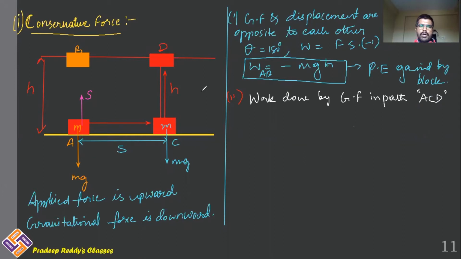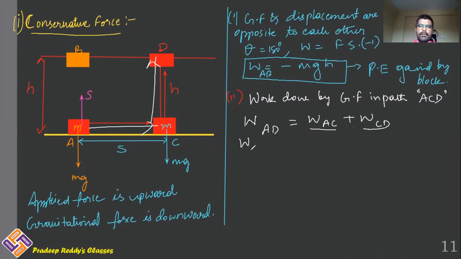Now what you are doing, you are bringing the mass first from position A to position C. You have brought it here, and from position C you are lifting it in the upward direction to this point D. So net work done W from A to D is equal to work done in moving from A to C plus work done in moving from C to D. In order to move from position A to position D, the body has to be displaced from A to C, so work done in AC, and from C to D it has moved, that is WCD.